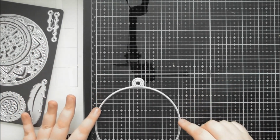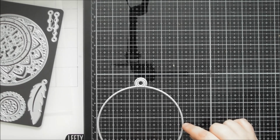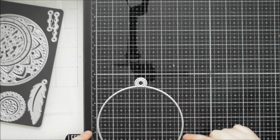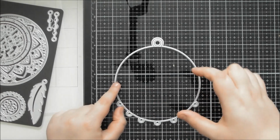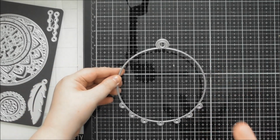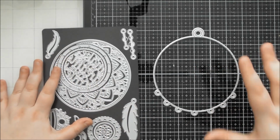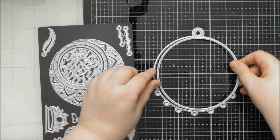And I don't think I told you the size before, so it is about 5¼ inch diameter for the main circle portion, which is just over 13 centimetres. So it's a decent sized circle main topper portion for the Dreamcatcher, and you also get all of the elements to layer on top of this as well. So you get the